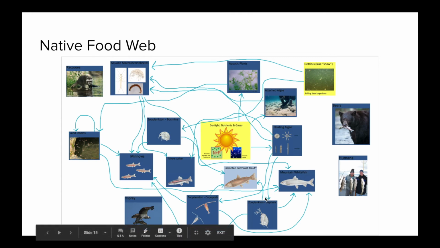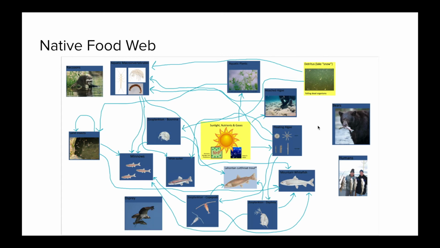And I'm going to use the Daphnia as an example. So I see that 1, 2, 3 arrows are pointing away from it, and only 1 arrow is pointing toward it. So that means that the Daphnia is being eaten by 3 organisms, whereas it is only eating 1 other organism. So pick out an organism on this sheet and count.